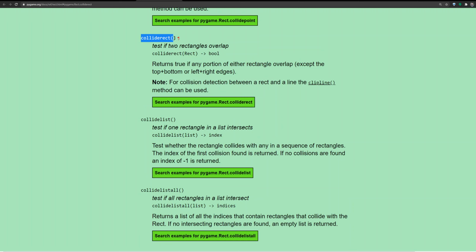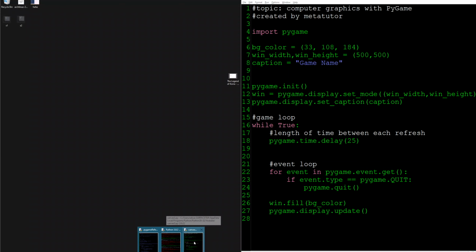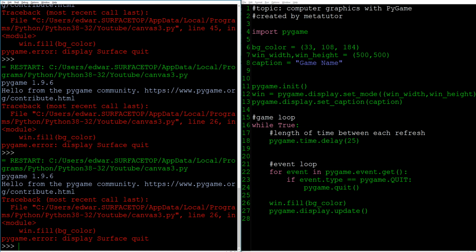There's a method or a function called collideRect. So normally the documentation will help you. It's here to help. Pygame.rect is everything having to do with rectangles. They also have color, display, draw. There's a whole lot of information here. Knowing when to use it is one thing, but at least knowing it's out there is normally a big step forward for my students. So I'm going to go ahead and, let's see,